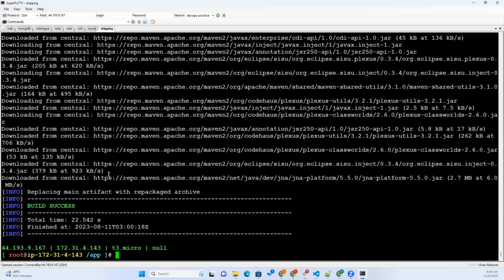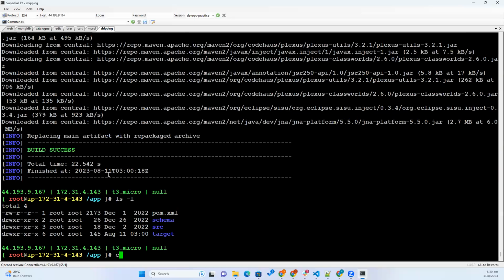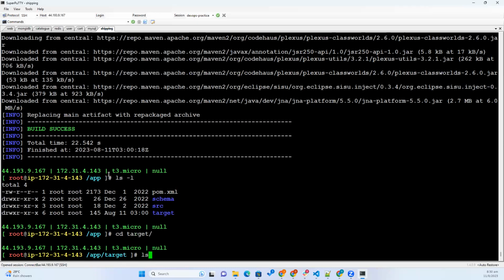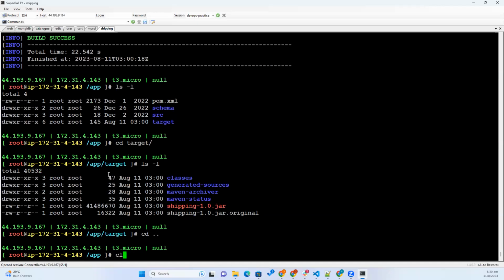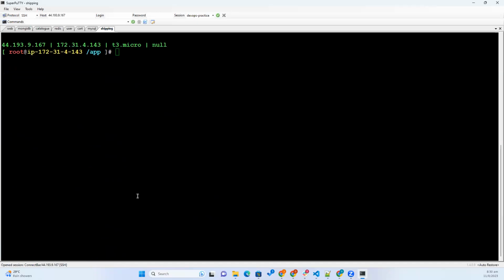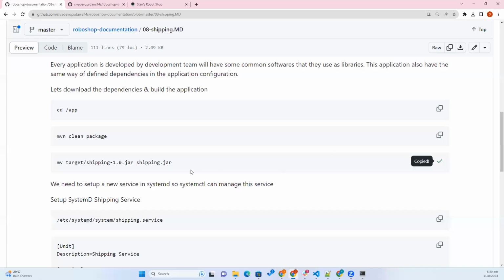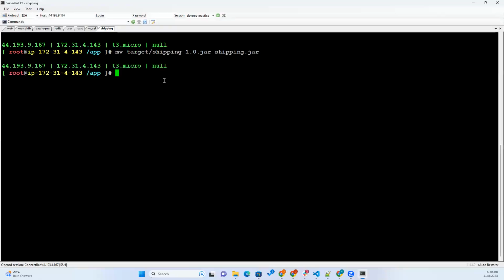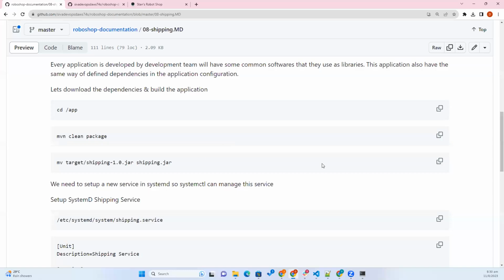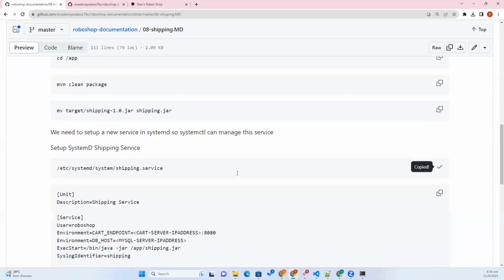So whenever you do that, you will have a directory called target, cd target, and here you get the shipping jar. Just one step back again into the app folder and then run the next command. I'm just keeping that jar. You're just moving the jar from the target directory to the current app directory. That's it. And now create